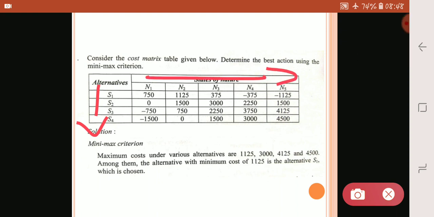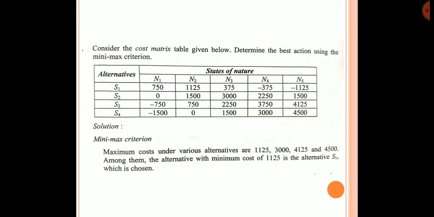So the name suggests minimax criterion. In the case of minimax criterion, first we have to find the maximum value of all the 4 alternatives, then select the minimum value. So this is how you find for the